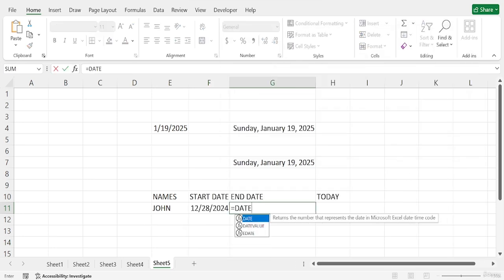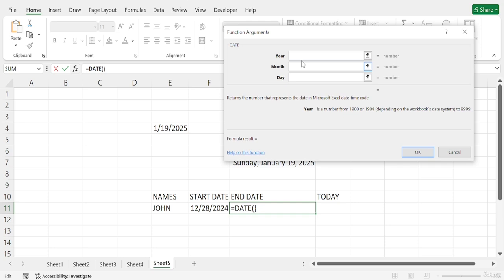I can also use the DATE function for the end date. If I add the year 2025, the month January, and the end day 10, that means on the 10th of January he will be removed from the company, let's say.